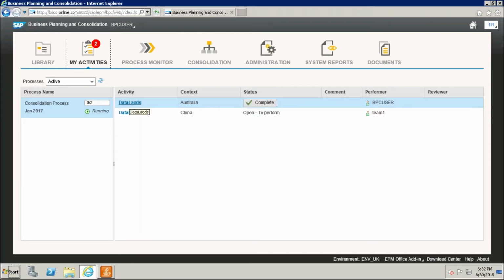Now the data loads for BPC user. I'm going to click on this, and it also shows the process names, how many are active, and for which month it is running. Then click on this data loads.